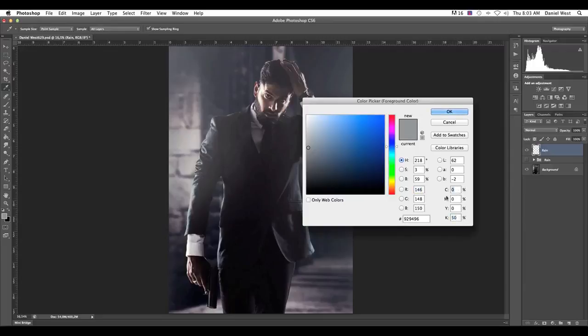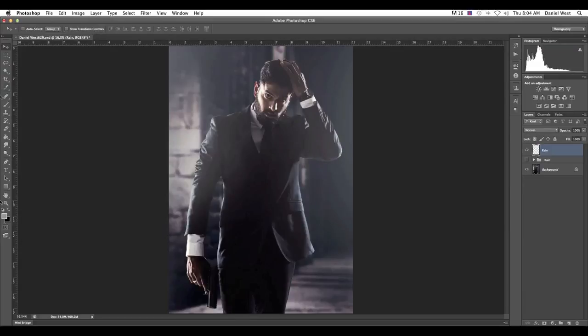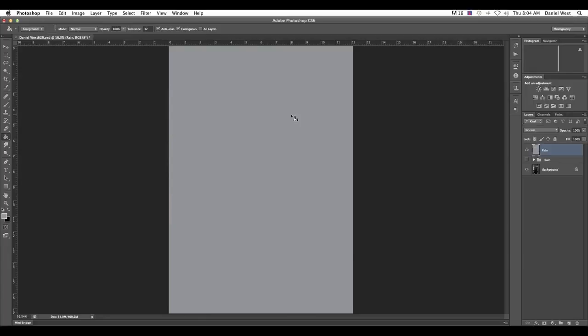Now, inside of here, on our foreground, we are going to create a 50% gray. So you want everything to be 0, 0, 0, 0, and the K to be 50%. Or you can actually copy this: 929496. Alright, and we say okay. So what we're going to do is use the fill, the paint bucket, and just click on it with opacity of 100. Oops, and we've got a completely 50% gray